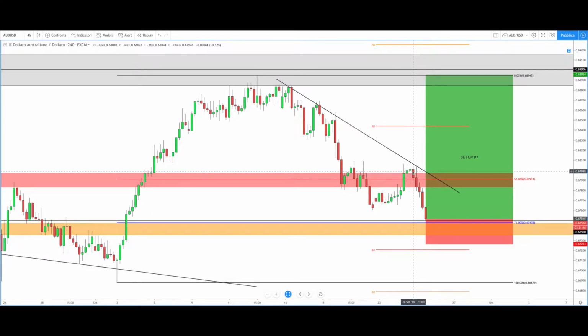But after this daily closing above this slowdown area, that was a strong bullish signal, we can see that the price failed to go higher and pass this bearish trend line, and from this point the price started this strong bearish phase during the night that this afternoon brought it to perfectly touch our entry point, a few pips above